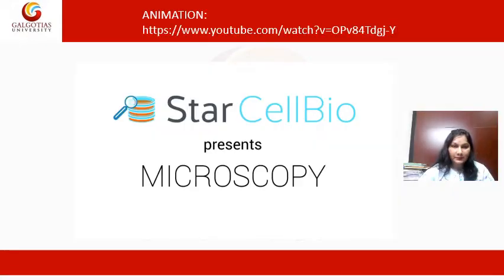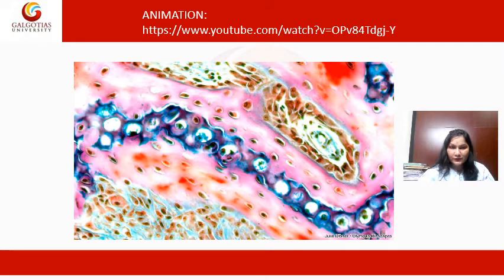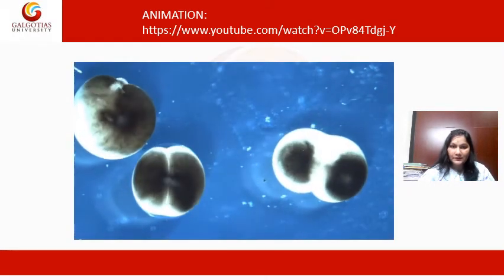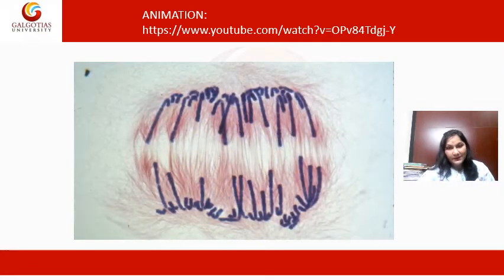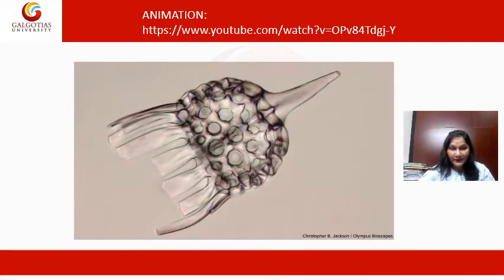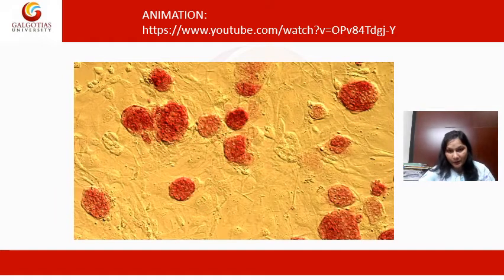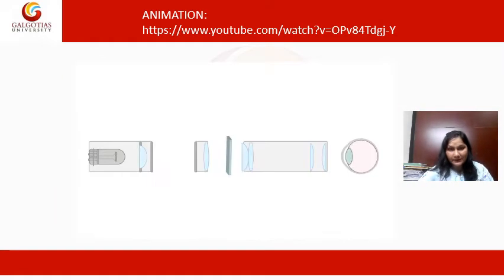So students, with the help of this animation, I am going to explain the use of microscope in biological sciences. We can use a microscope to magnify the image of cellular or subcellular components. We can see the different cell divisions that happen within the cells. This is the image of division. We can see the movement of microbes, bacteria, viruses. And this is the animation to show how a microscope magnifies an image using an illuminator.